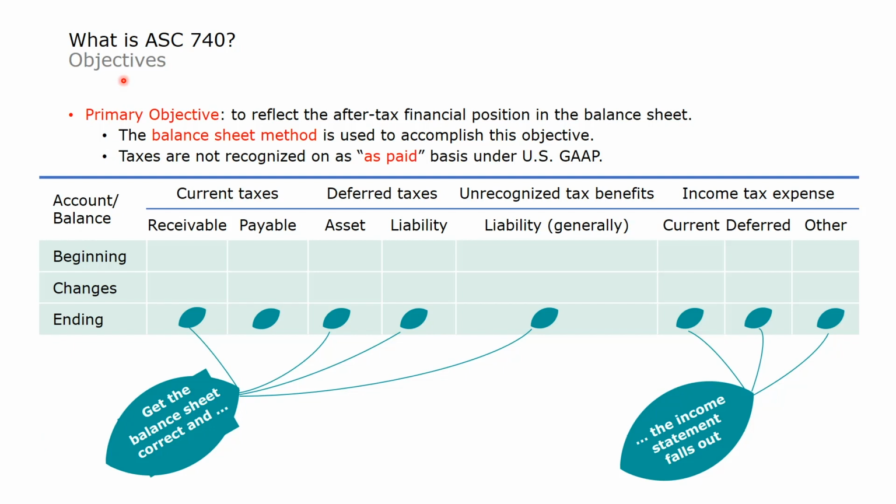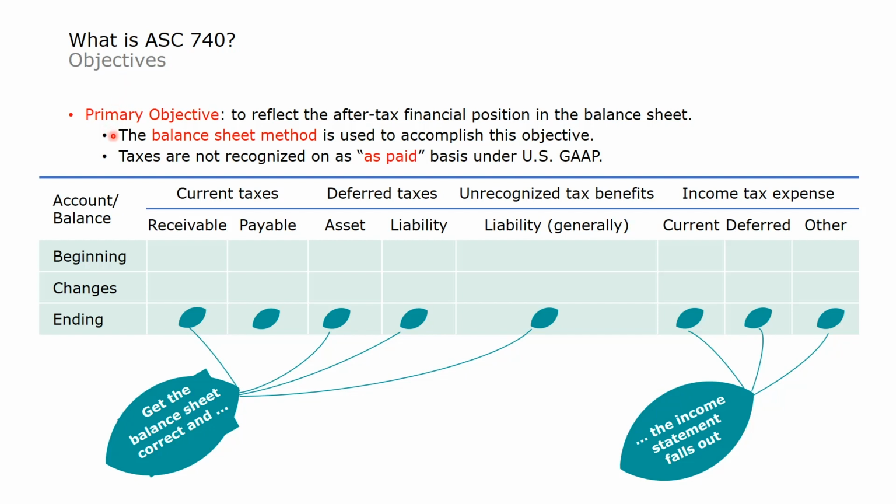Okay, so our objectives of ASC 740. Primary objective is to reflect the after-tax financial position in the balance sheet. This is one of those that you want to remember and think about kind of throughout the semester. What am I trying to do? What's the overall goal with the provision? Where do I want to end up? The thing that I always come back to pretty much every day when I'm working is trying to reflect this after-tax financial position in the balance sheet, which in the next presentation we'll have an example that